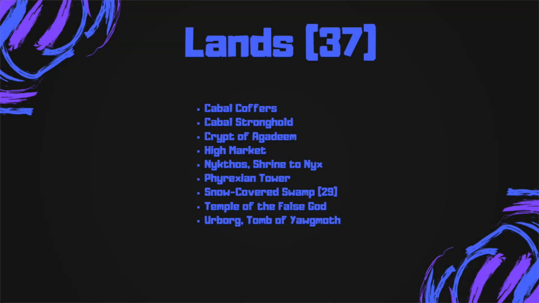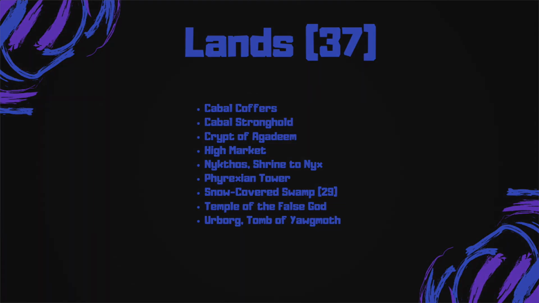So looking at the land base, we're running 37 lands. I usually like to run at least 37, so I guess it's kind of on the low side, but there's a lot of ramp, which can kind of make up for it. We're running Snow-Covered Swamps, mainly because when you use that in conjunction with Extra Planar Lens, it's just a great way to get a one-sided mana doubling effect that in this deck we really do need